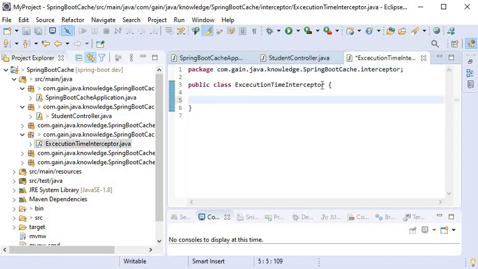Now here we need to implement the HandlerInterceptor interface. We can also extend the HandlerInterceptorAdapter class, but here we are using the HandlerInterceptor interface.